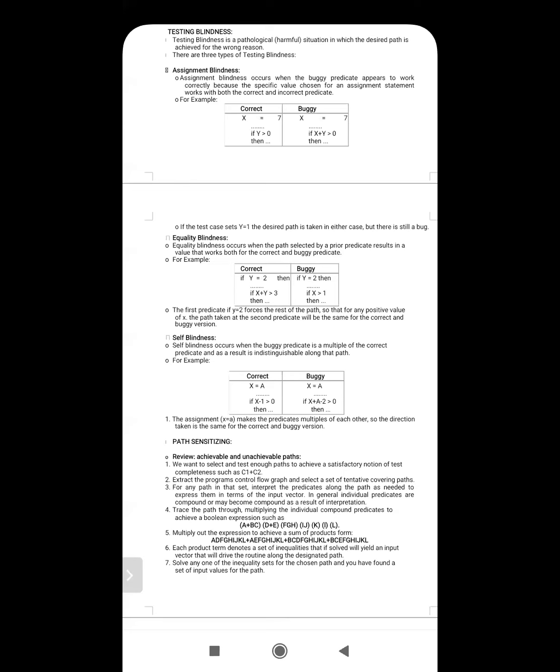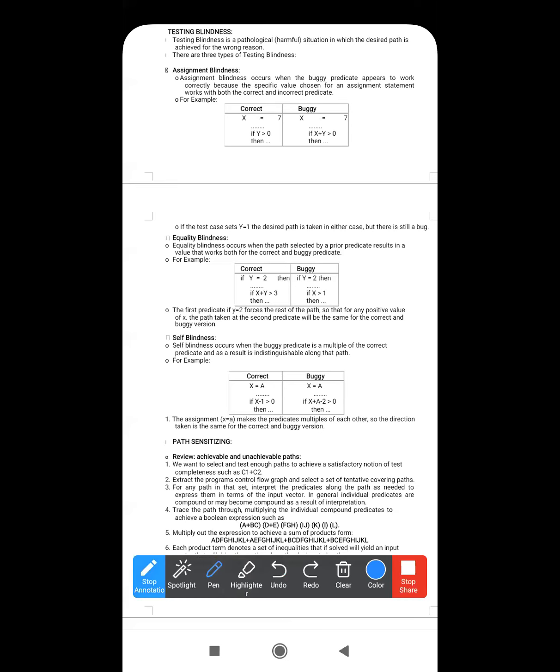See here, what is the correct? X is equal to 7, if y greater than 0, then... see this. Next, buggy. That means bug. X is equal to 7, if x plus y greater than 0. Then,